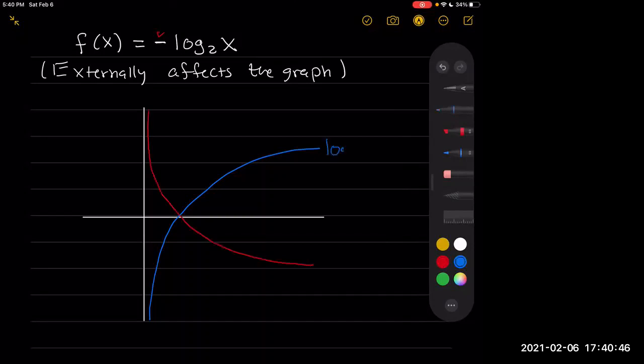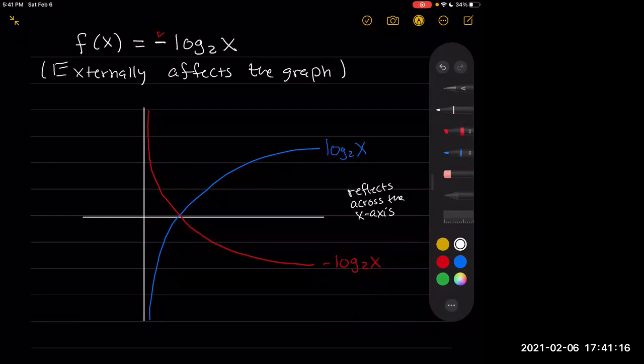So here it reflects across the x-axis, which we're pretty used to. It's very common that when you have a negative, like -1 times a function, that just rotates it across the